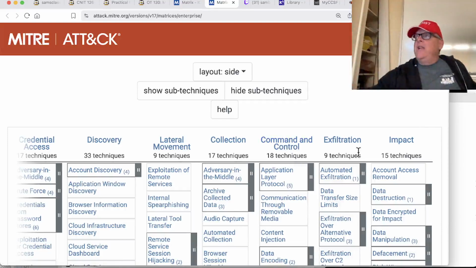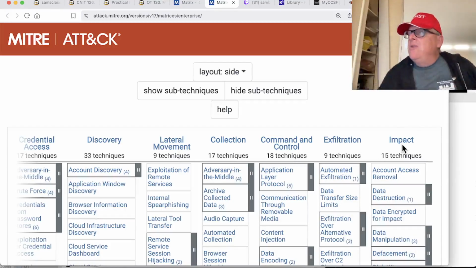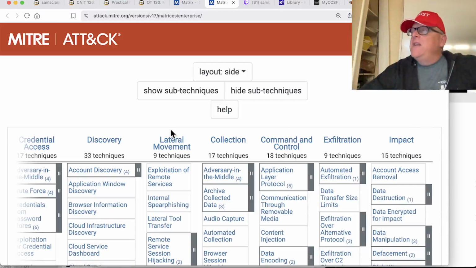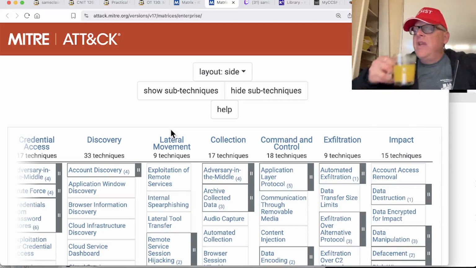You can exfiltrate data from the network, and you can have other impacts, like destroying machines or doing whatever you want. And not every attack does all these things, but the idea is every attack consists of some of these activities,